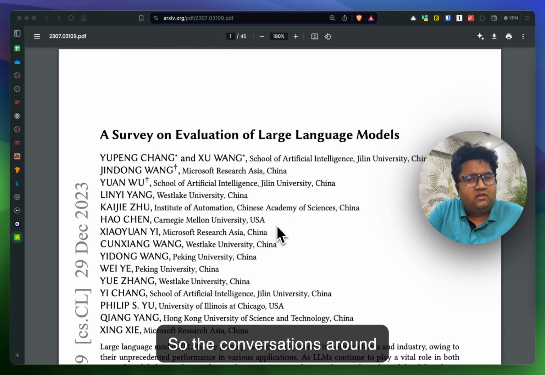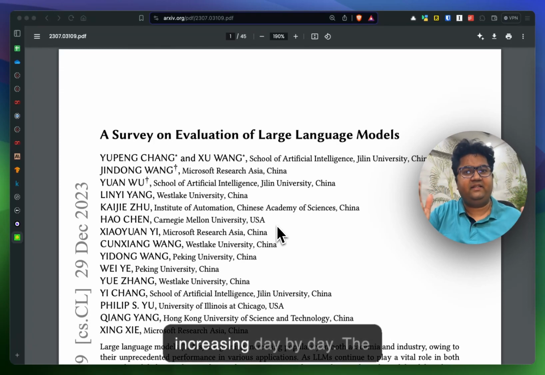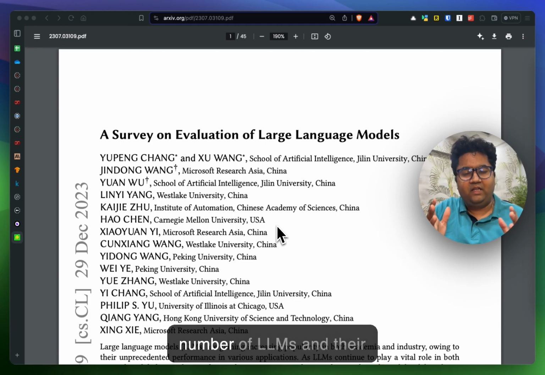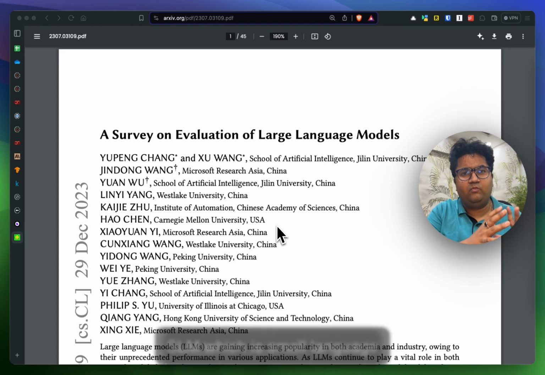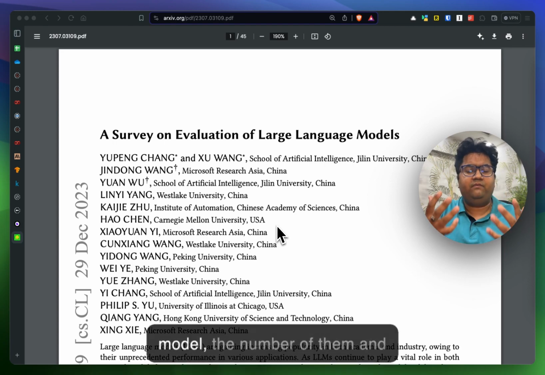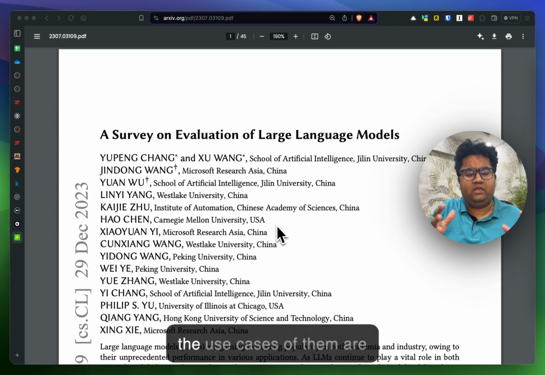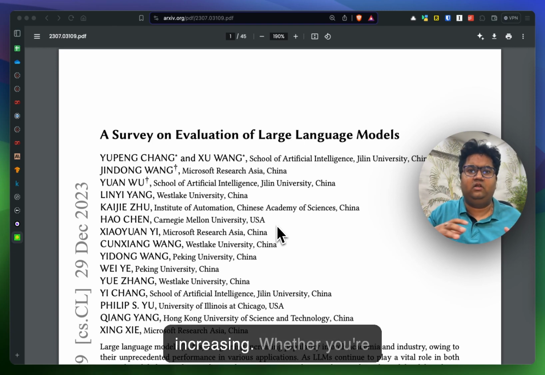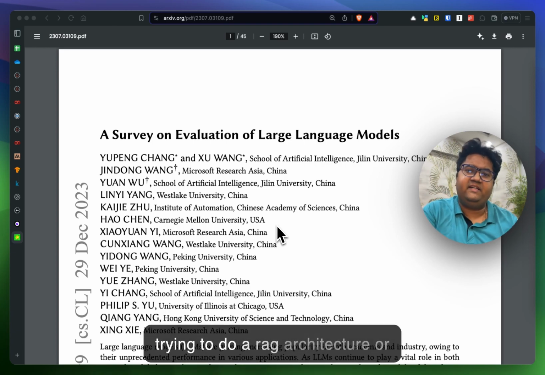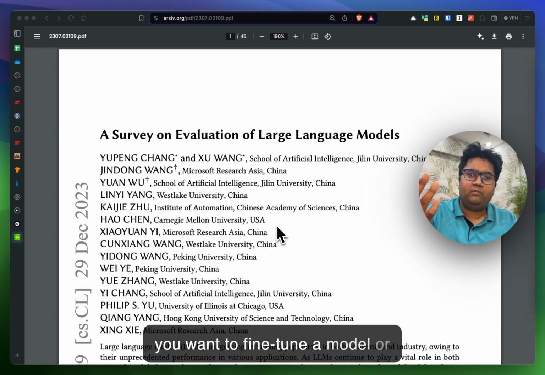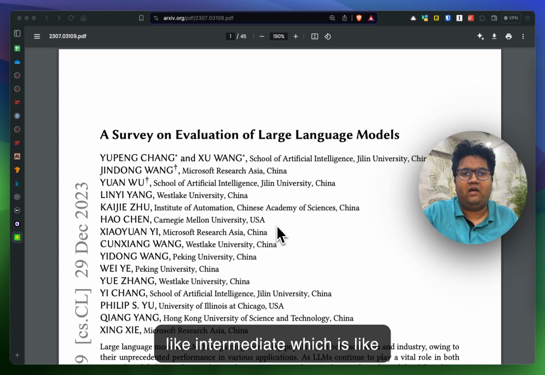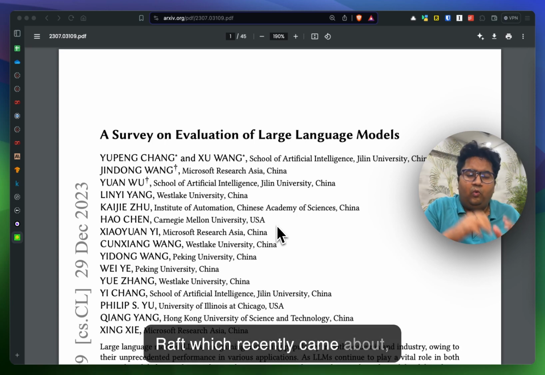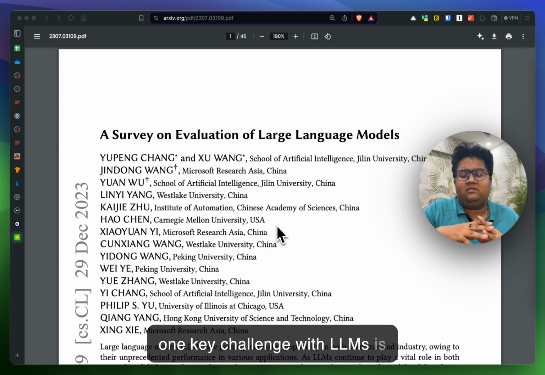So the conversations around large language models are increasing day by day. The number of LLMs and their derivatives, be it in the form of SLMs, which is small language models, or even a fine-tuned model, the number of them and the use cases of them are increasing. Whether you're trying to do a RAG architecture, or you want to fine-tune a model, or you're trying to do something intermediate, like RAFT, which recently came about, one key challenge with LLMs is that there needs